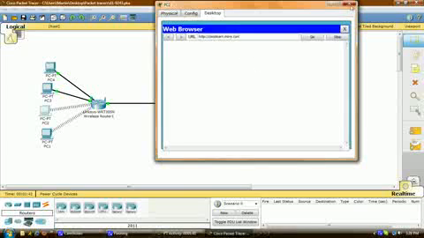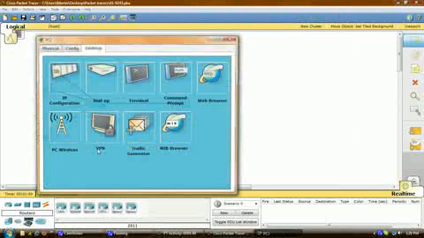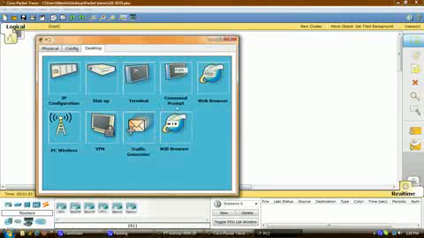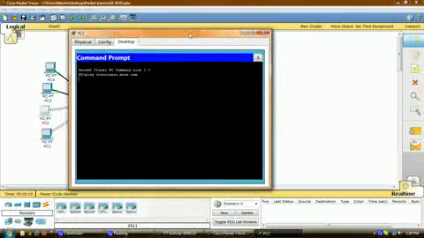It's not connecting to the web server, so now what I'm going to do is ping the web server. So I'll start with PC2, and then I'm going to go into the command prompt, and I'm going to type in ping ciscolearn.more.com. And I'm just going to wait to see if we get a reply. Okay, so it doesn't look like we get anything from there, so I'm going to go to PC1 and do